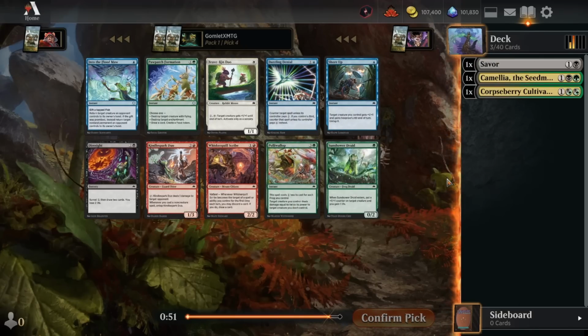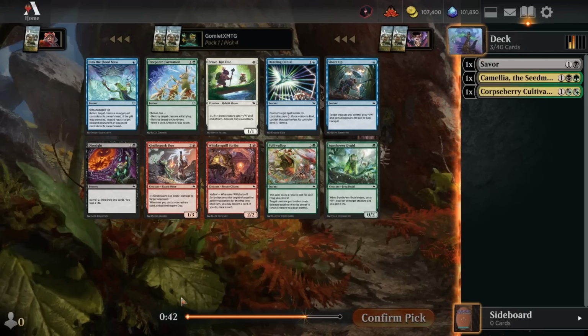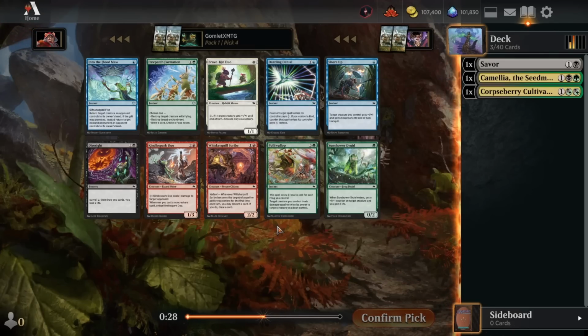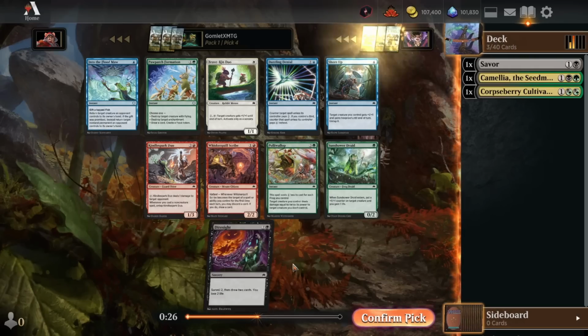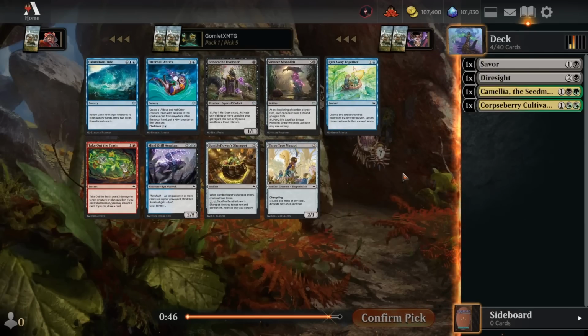Pick number 4. We have a Dire Sight, very solid card draw spell, Surveil 2, draw 2, and lose 2 life. Probably going to take that here. Ooh, I wish I had some Polywallops in our last deck. I didn't even know this existed. We were a blue-green frogs deck last draft. This would have been awesome in there. Yeah. We're just going to stick to our incredible rare here,